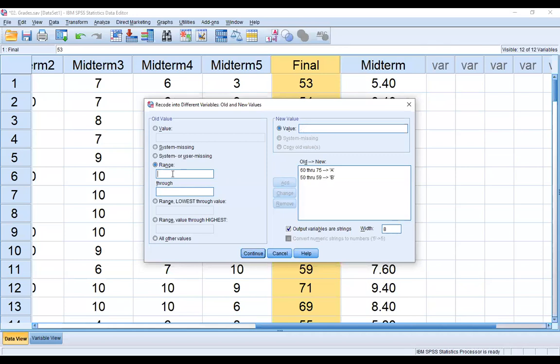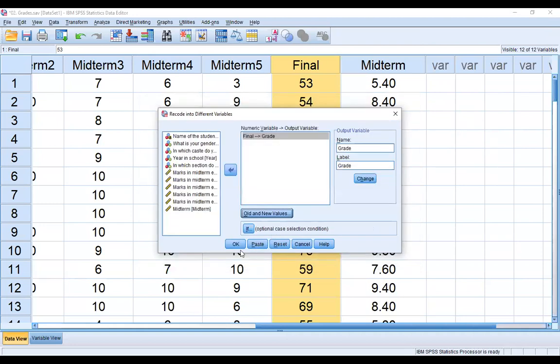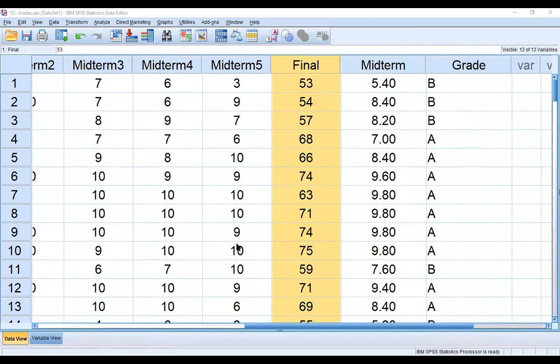Okay, and the third category, the range is 0 to 49, the category C, and then add, and after that continue. Now we will convert our numeric variable into coding in alphabet form. Now we can see the output.